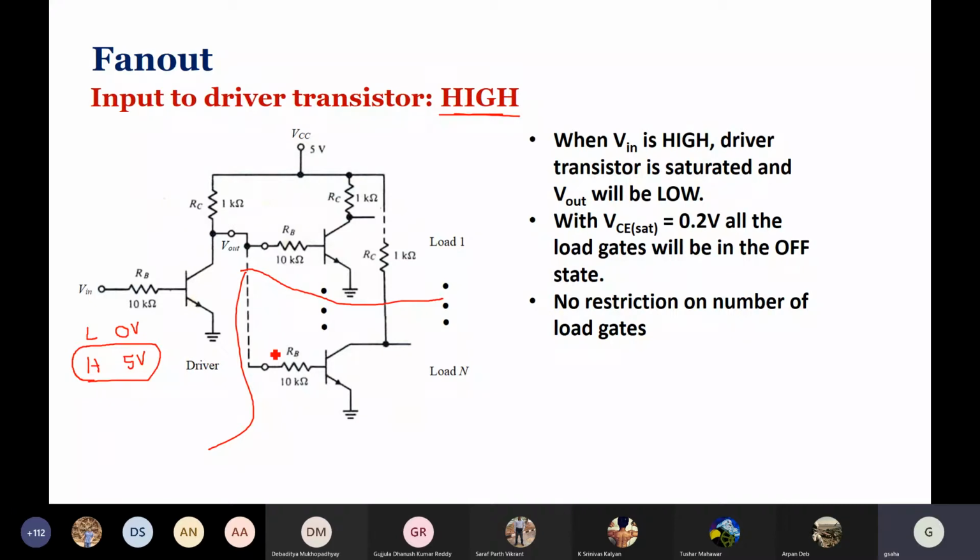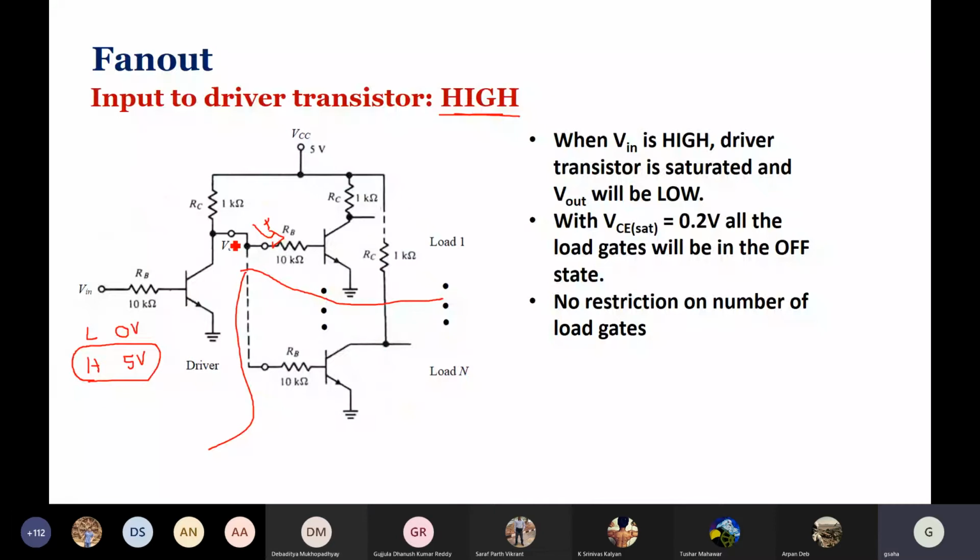So when this is 5 volt, this is 0.1 volt or 0.2 volt. So you connect a load at that time over here. Similar load, we are only talking about similar load, and the consideration is that it is part of an integrated circuit where many such devices are connected one after another. So definitely this transistor is off. No current is flowing in this direction. No current is flowing in this direction. So the output will remain at 0.2 volt.